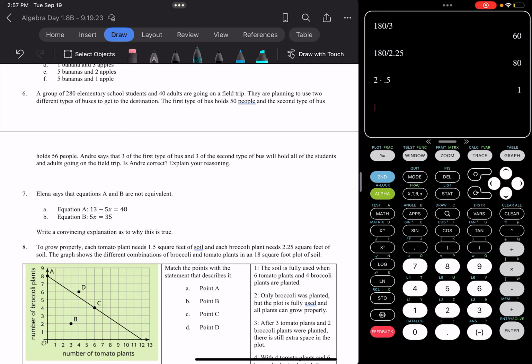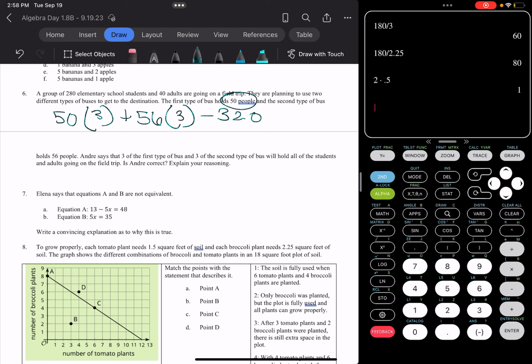All right, number 6. We have elementary school students going on a field trip with 40 adults. They're using 2 different types of buses to get to the destination. The first type of bus holds 50 people, and the second type of bus holds 56 people. Andre says that 3 of the first type of bus and 3 of the second type of bus will hold all the students and adults going on the trip. Is Andre correct? So that would be 50 times 3 plus 56 times 3, right? Because a 50-person bus, he says we need 3 of them. A 56-person bus, he says we need 3 of them, equals, we know there's 280 students plus 40 adults, so that's 320